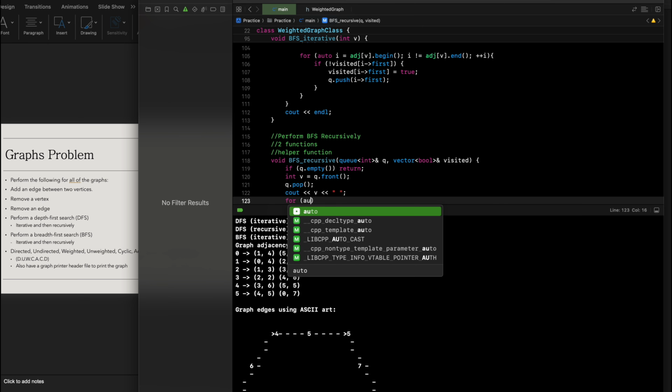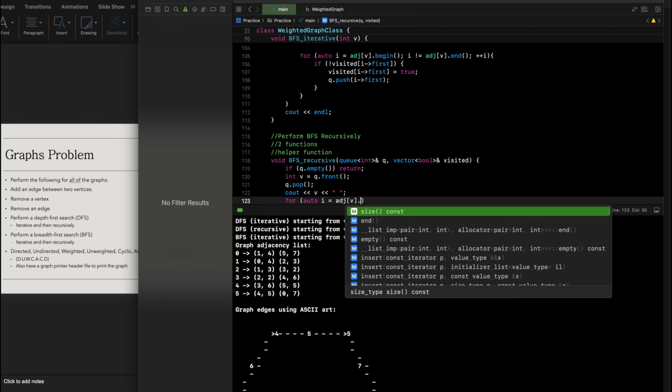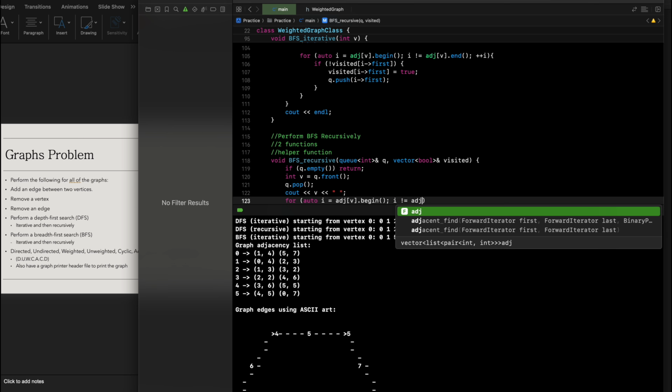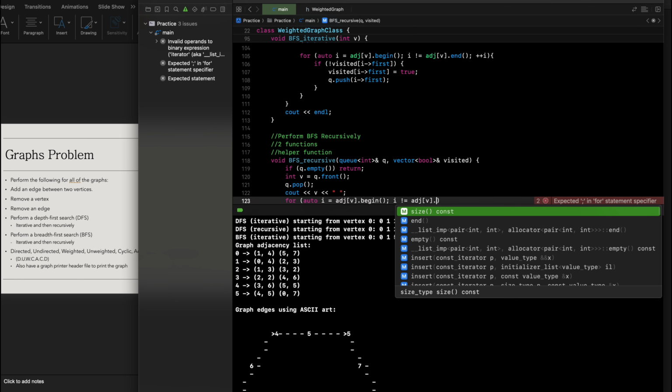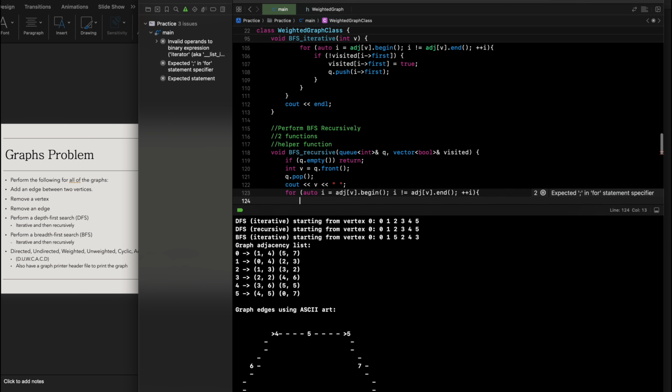Then we're going to have a for auto loop. For auto i equals adjacency v at the beginning, while i does not equal the adjacency list with the respective vertex at the very end. We're going to increment our index accordingly. Then,